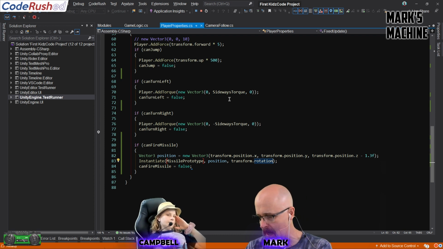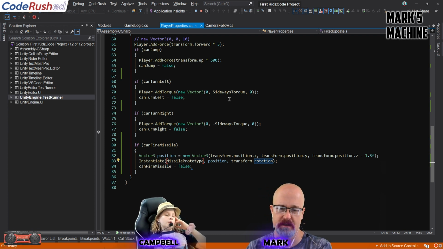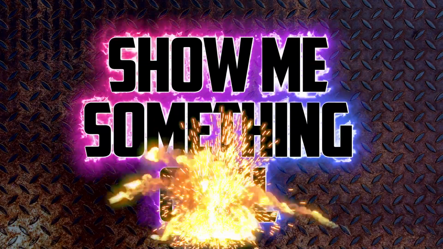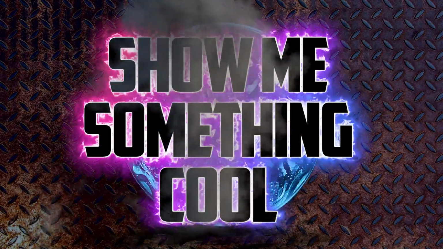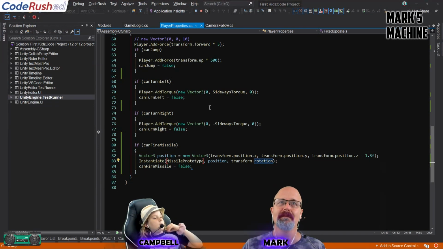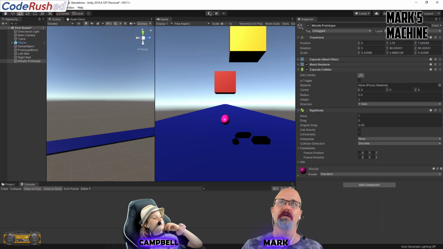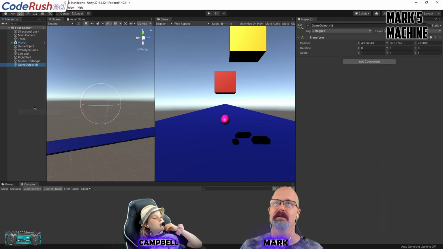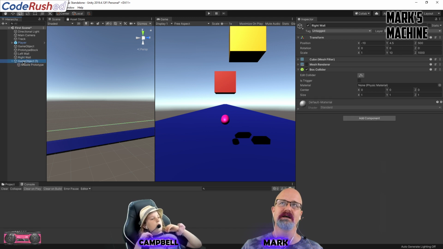Okay. I think I'm going to give you a preview of a little thing I was going to call Show Me Something Cool. I was going to save this for Show Me Something Cool, but let me show you what I'm talking about. You can create an empty object here, and this empty object, you can then manipulate and put things inside of it. So for example, we could take our missile prototype and throw it inside of this,